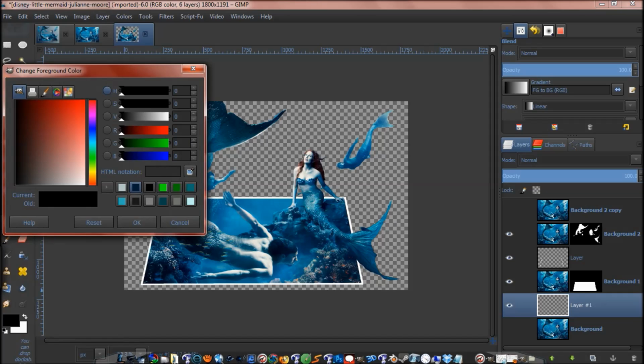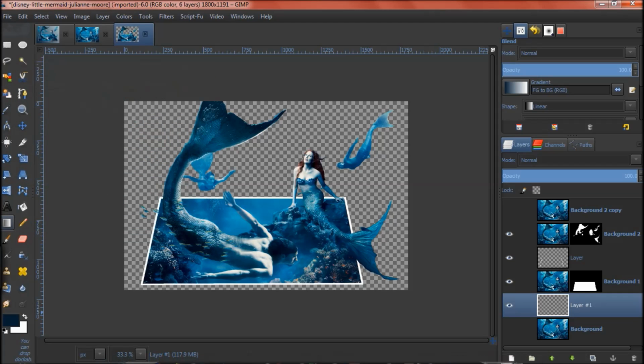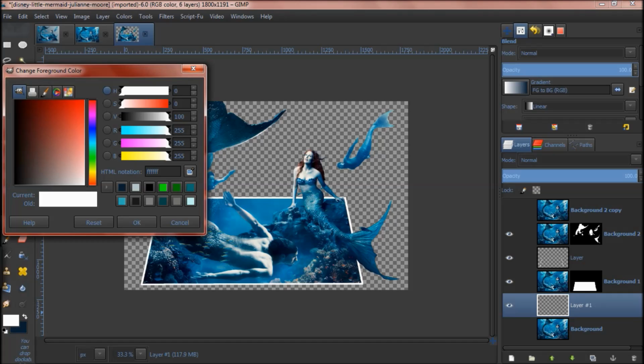And we are going to choose this color. It is 072034 for the dark color. Press OK. And then go ahead and grab the background, and we're going to choose this light blue color, which is,